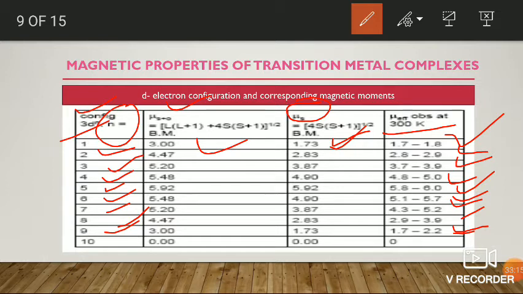Okay. In the case of 10 electrons in d orbitals, they are completely filled, so there is no magnetic moment. In the case of 8 electrons, 5 plus 3, 8, that is 3 orbitals completely filled, only 2 have unpaired electrons. So the value is generally 2.9 to 3.9 according to this data. Okay, go through this table in order to find the relationship between the number of unpaired electrons and the corresponding experimental mu value. Okay, fine. Next,